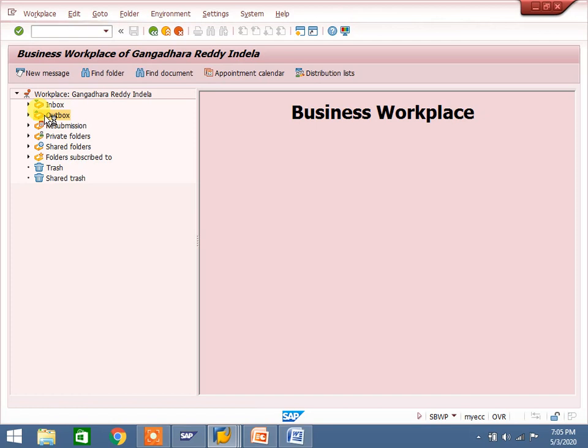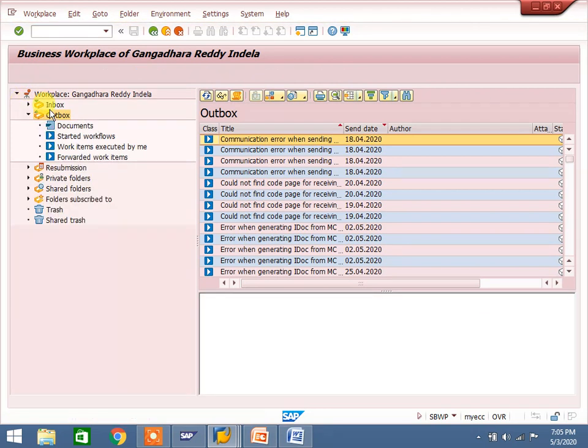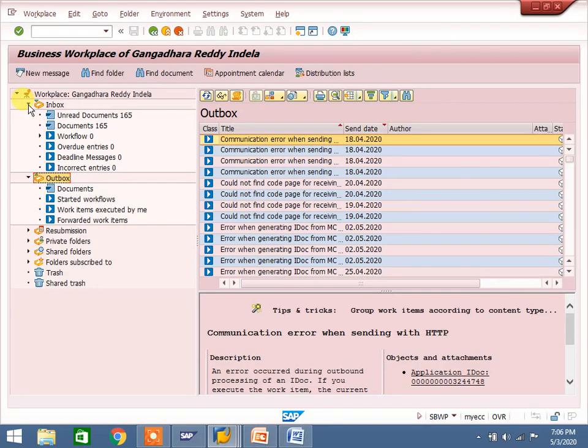Suppose project manager approval is required, delivery manager approval is required, and after that GM approval is required. First the project manager gets it at inbox level. Once they approve, it goes to the delivery manager. That time the mail comes into the outbox. The workflow consultant will do this here.